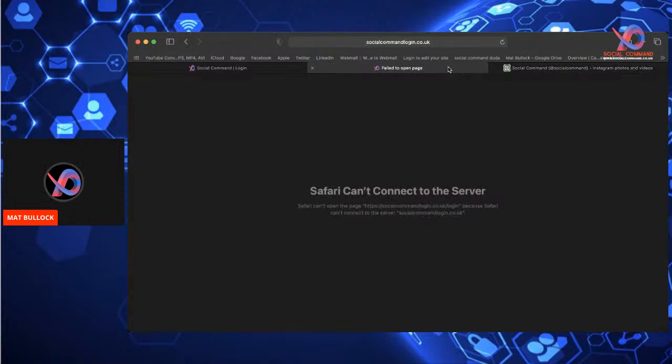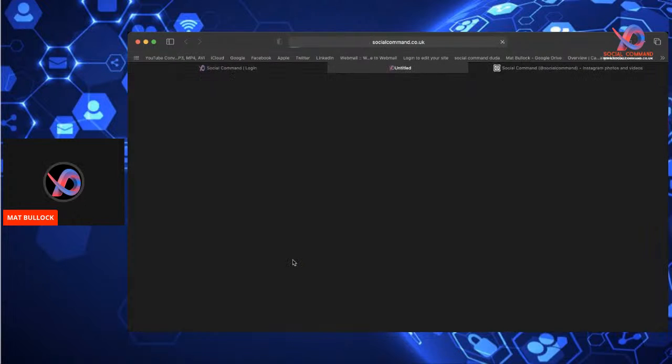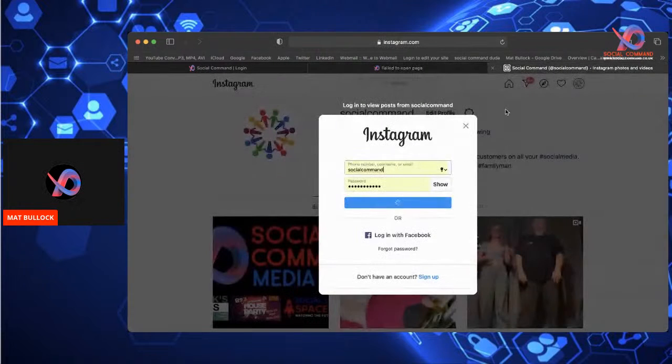Okay. Let's just go back and see if we can reboot that. That's not happening there. Log on to here again. No, it's not happening. But now Instagram's not logging in either. I wonder if it's a major issue with Instagram. Has anybody else got any problems with Instagram? Can anybody else just open it on their phones to see if we're getting it or not? It's peculiar. I've never seen this all happening at the same time.